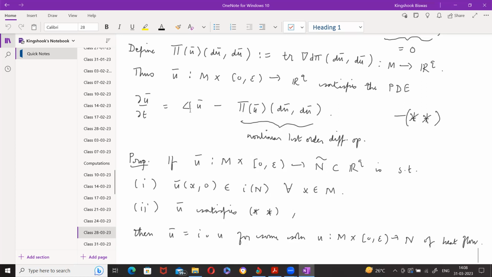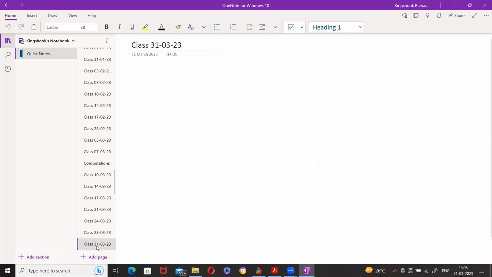And so therefore, what we're going to show is that the harmonic maps heat flow has a solution for some short time. So we'll get short time existence of solutions of the harmonic maps heat flow. So that's the goal for today. So the first step is to prove this proposition. Okay, so before that we need a couple of